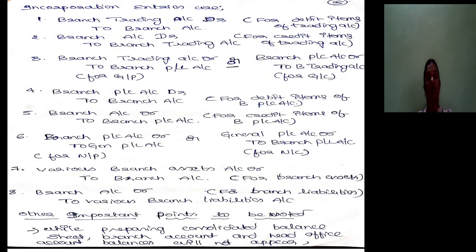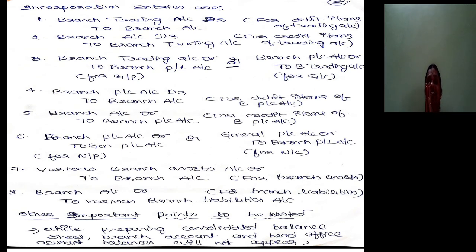So under the 3 entry method, the first entry is to incorporate the net profit. The next entry is to incorporate various assets. The last one is to incorporate various liabilities. Only 3 entries will come under the 3 entry method. So depending upon the situation in the problem, or depending upon whether they ask us to pass under the 8 entry or 3 entry method, we need to pass any one of these 2 methods. This is all about incorporation entries.